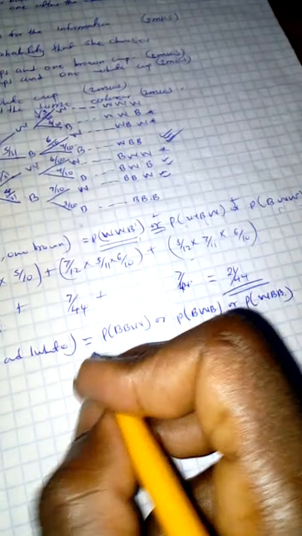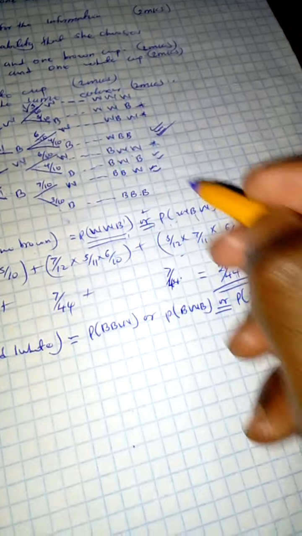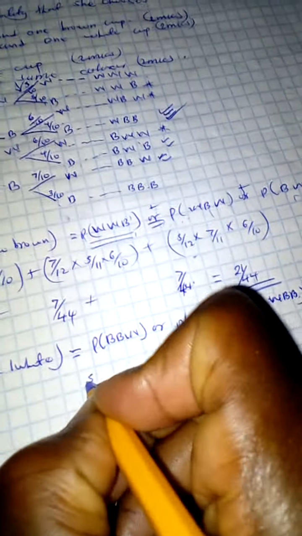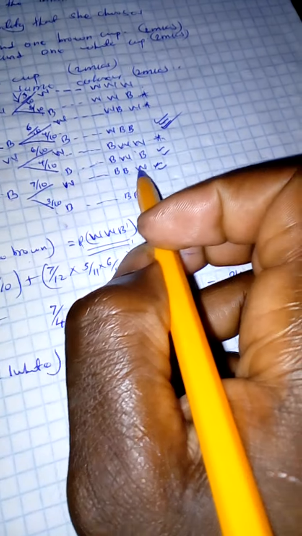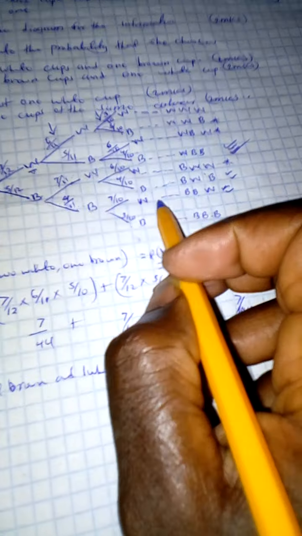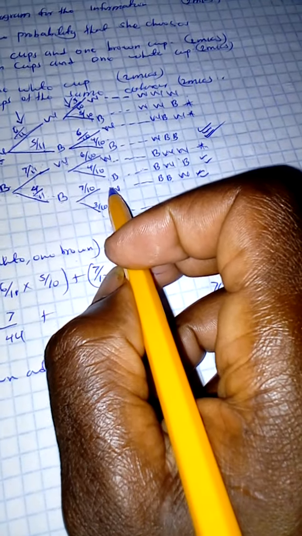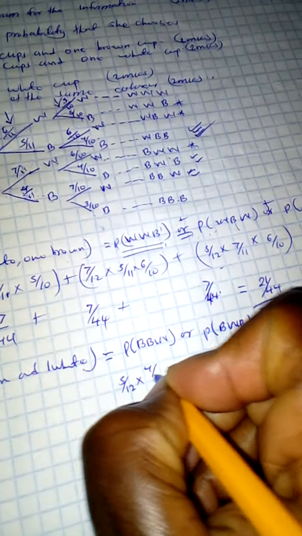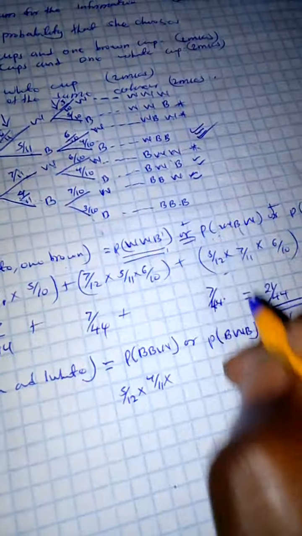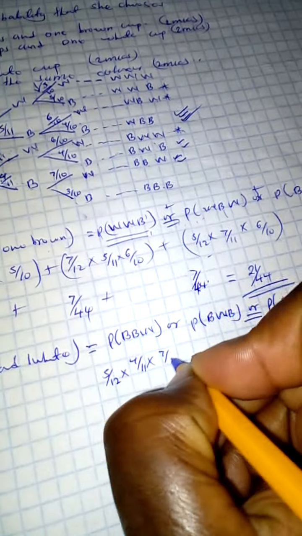Now we will replace it with the plus there. Now you follow the roots. BBW is 5 over 12 times 4 over 11 times 7 over 10